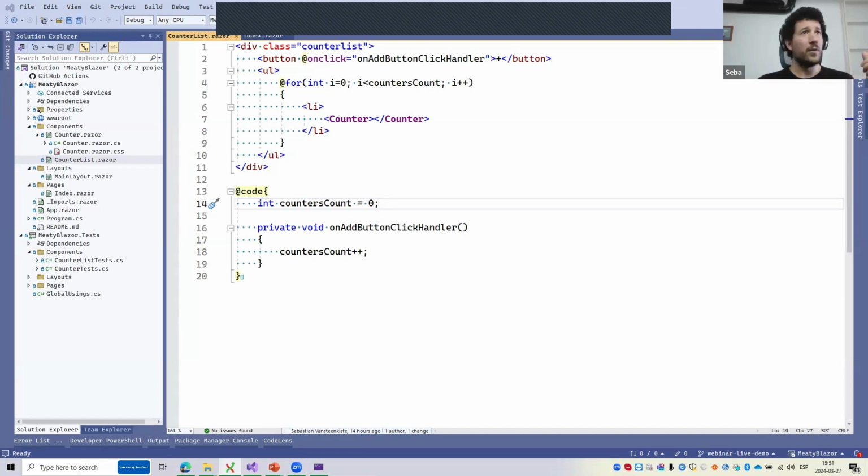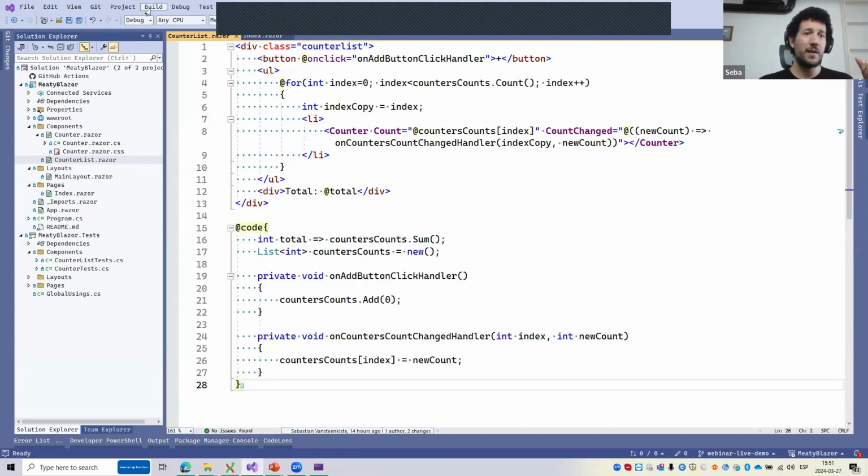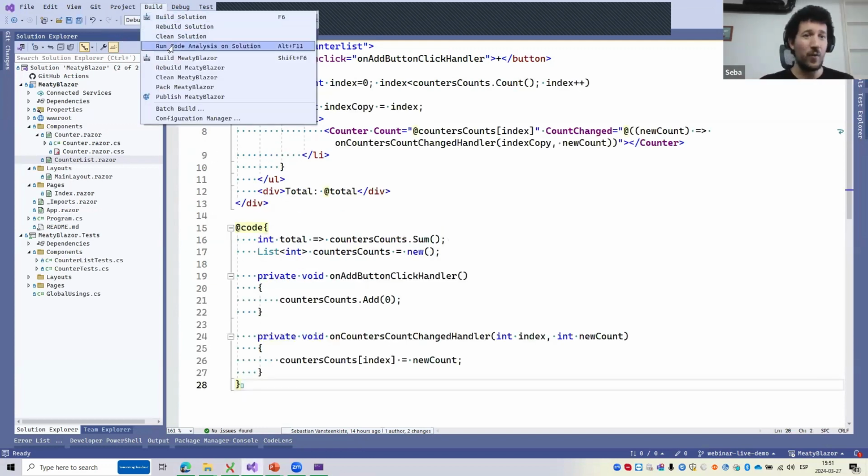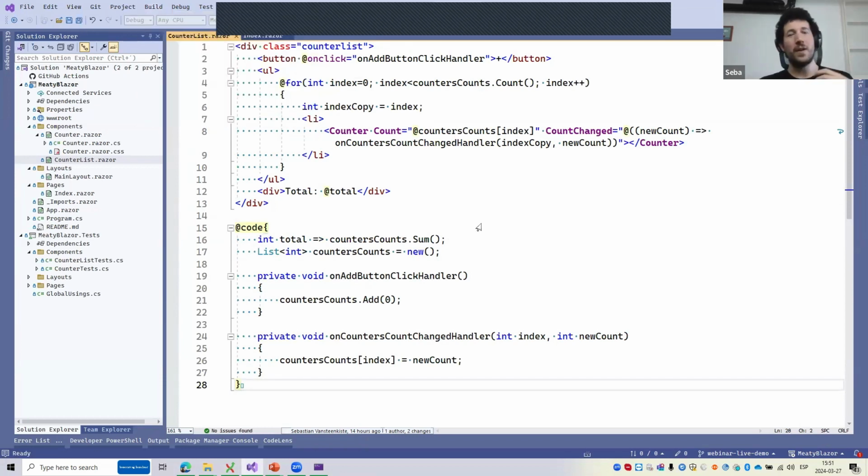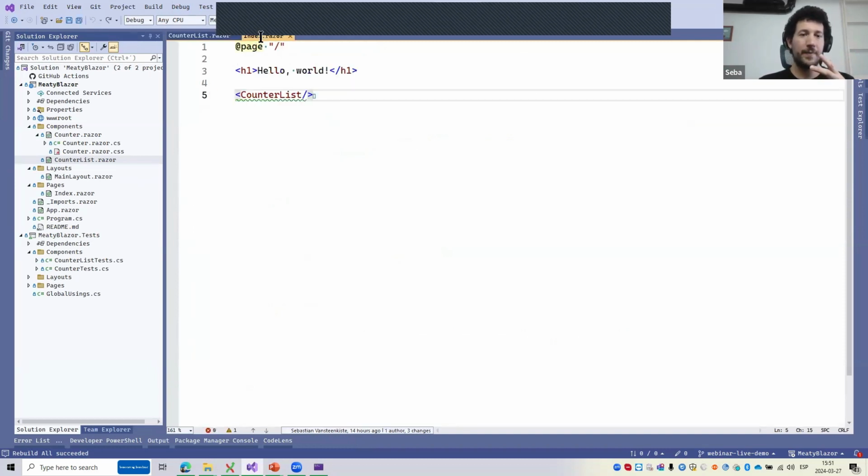This example would work a lot better if I was typing it in front of you, but I'm just going to skip straight to how it looks when it's built. And what we need to do is something a little bit complicated, because the counter list component doesn't know what's inside each of those counters. So what we need to do is pass,